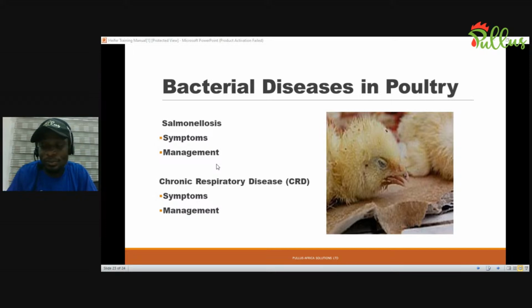So how do you manage this? Most times I tell farmers that respiratory problems, they always say they are difficult to manage. But what makes it difficult to manage is that when you are treating, you're supposed to treat with an antibiotic. Most times we use tylosin base, because tylosin-based drugs have high affinity for the respiratory system, so they are very good for respiratory problems. You can also use enrofloxacin, which is also good for respiratory problems as well.